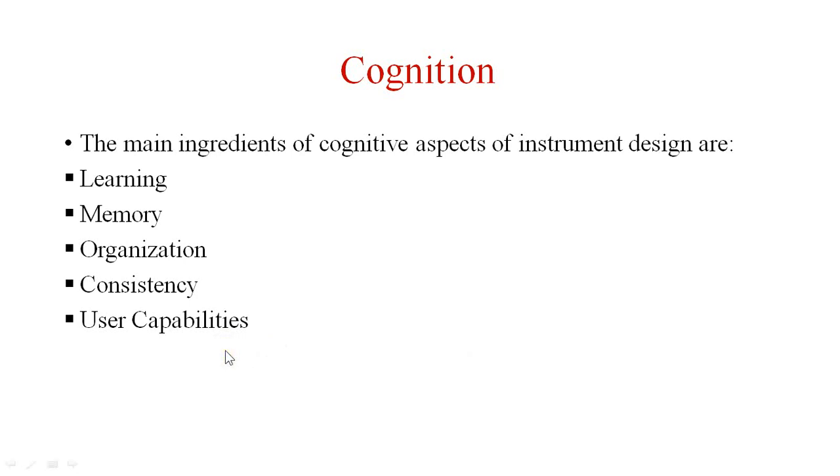Next parameter is the user capability. User capability is nothing but the population of the users which are using that particular product. So we have to see the capability of the users who are going to use that product. Here we can use different metaphors and different icons to give instructions to the users on how to operate the product if the person is new. So by considering user capabilities, we have to provide images or icons in the organization menu.